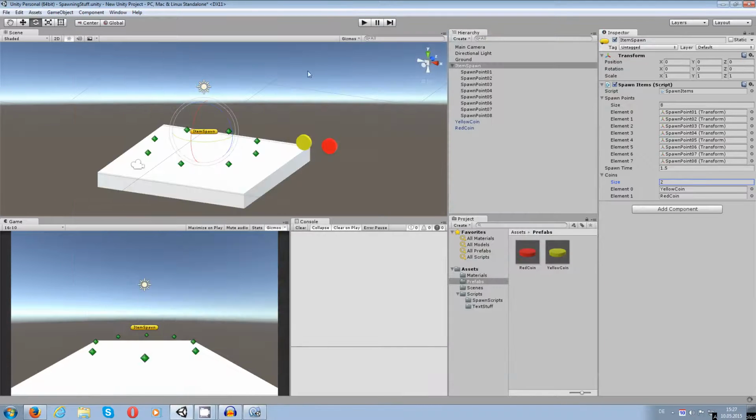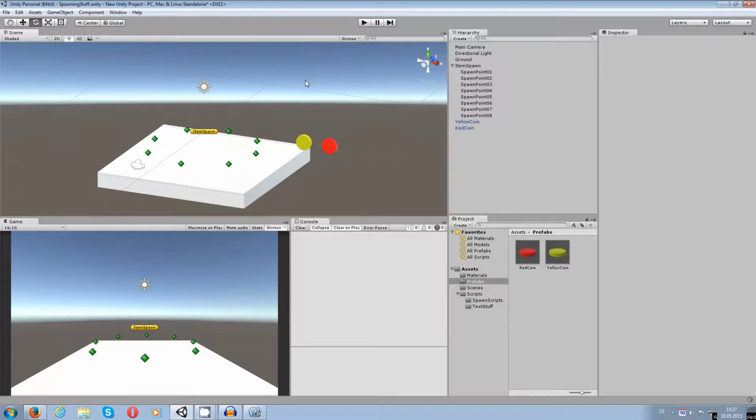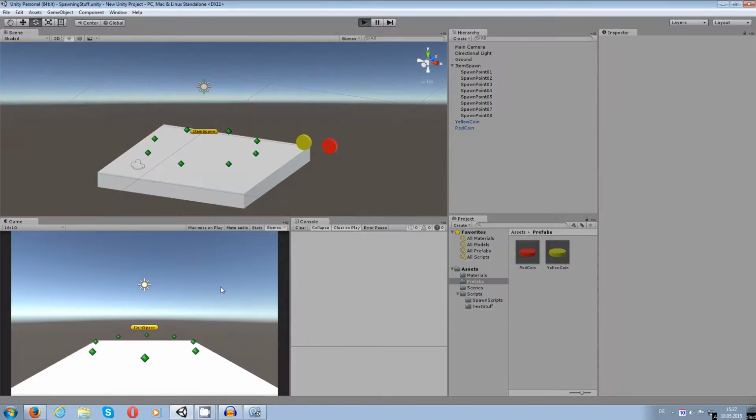And that should be pretty much it. So back again, I'm going to save the scene just to make sure that nothing is going to crash. There we go. And now he should use reds or yellows whenever he wants. There you go. So this is a pretty easy way to spawn stuff or spawn enemies maybe on different locations